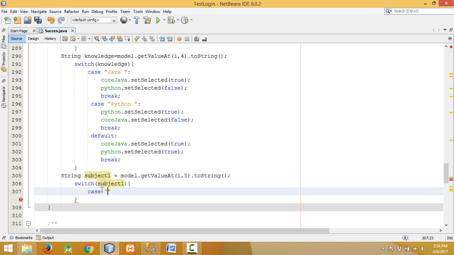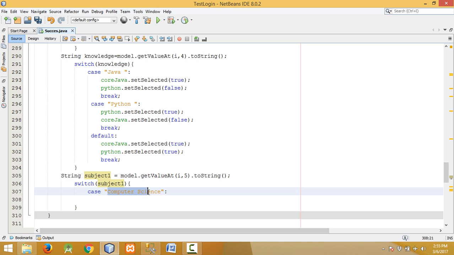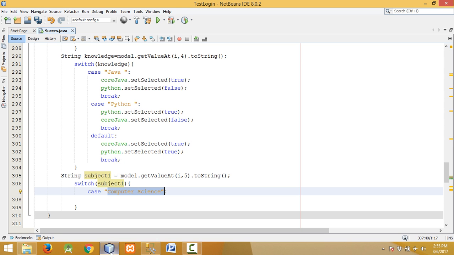Case for computer science, it should be exactly this name that is stored in the database. For example, the first letter is in capital letter, it should be similar when you write the code over here.